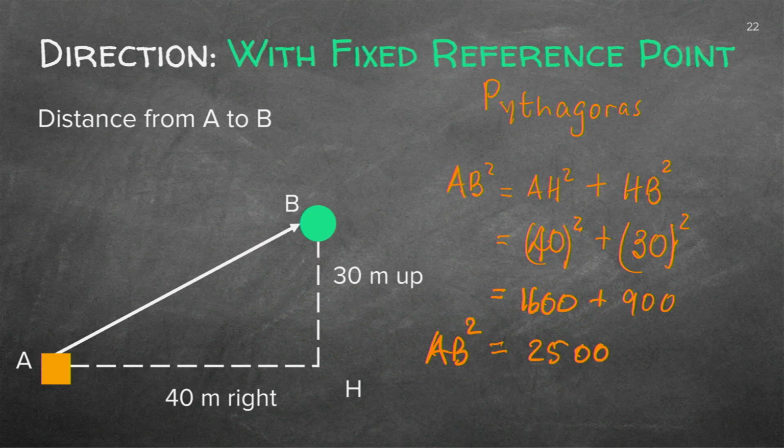beware, as 2,500. You will then have to go and find the square root. Am I right? You'll have to find the square root of that AB squared. Let me just see. Yes, I've got that correct. So the square root of that will then be 50. And what was the unit? It was 50 meters.